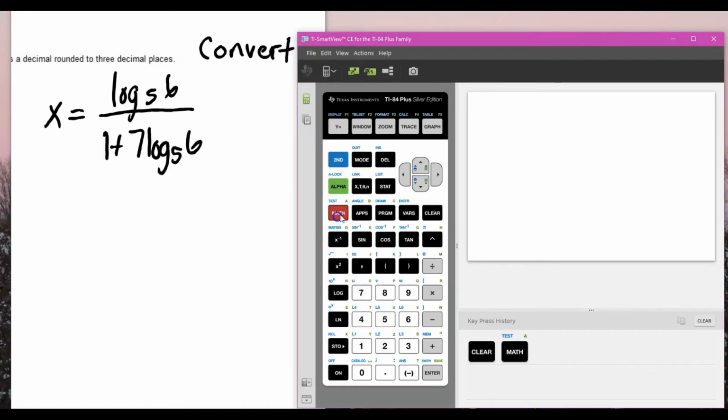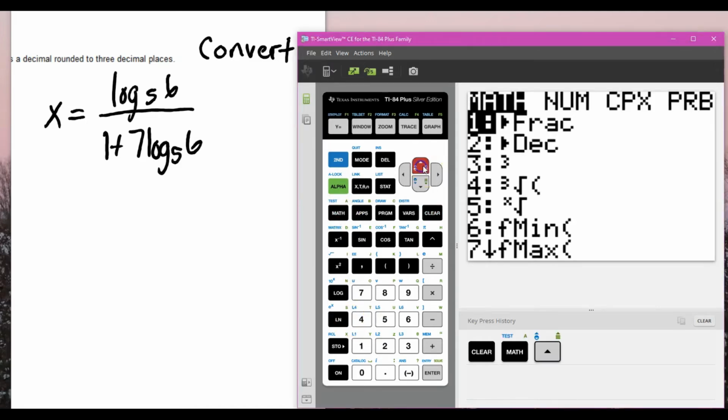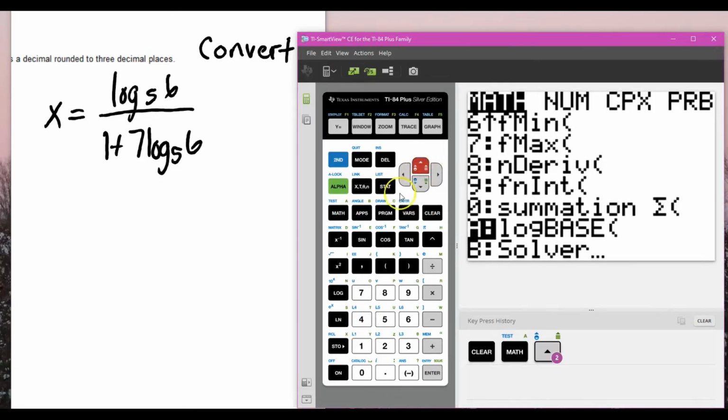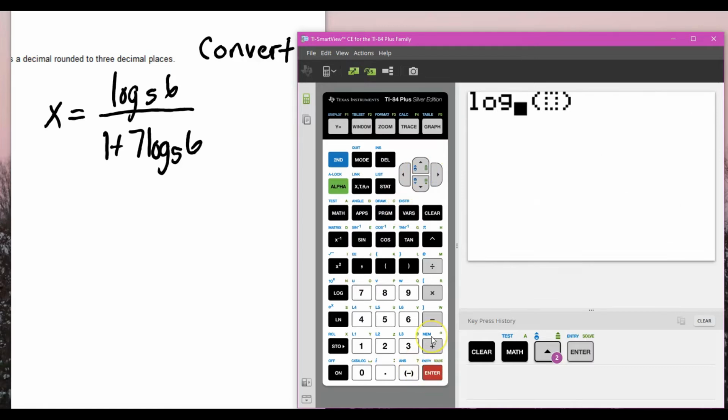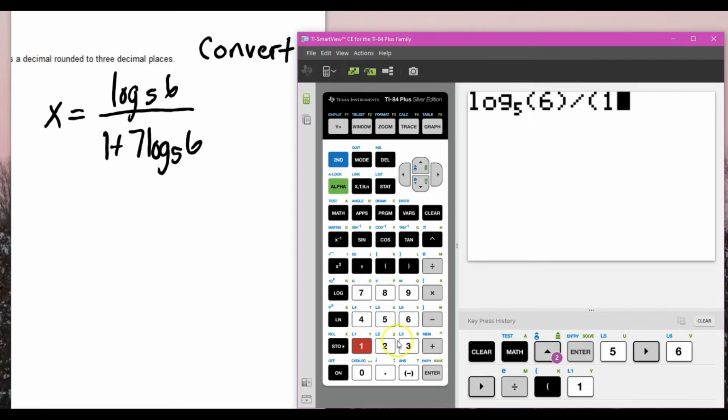I need to go into the Math menu. The bottom of the list has a log base function where I can specify base 5 of 6. That's my numerator, and in the denominator, because I have multiple terms, I need to put parentheses, 1 plus 7